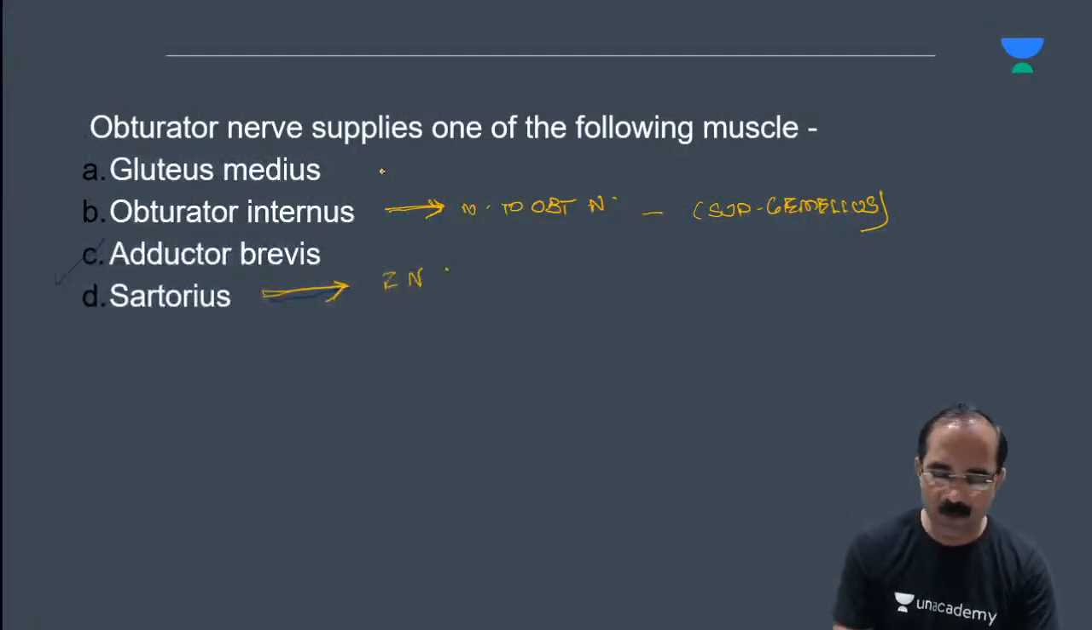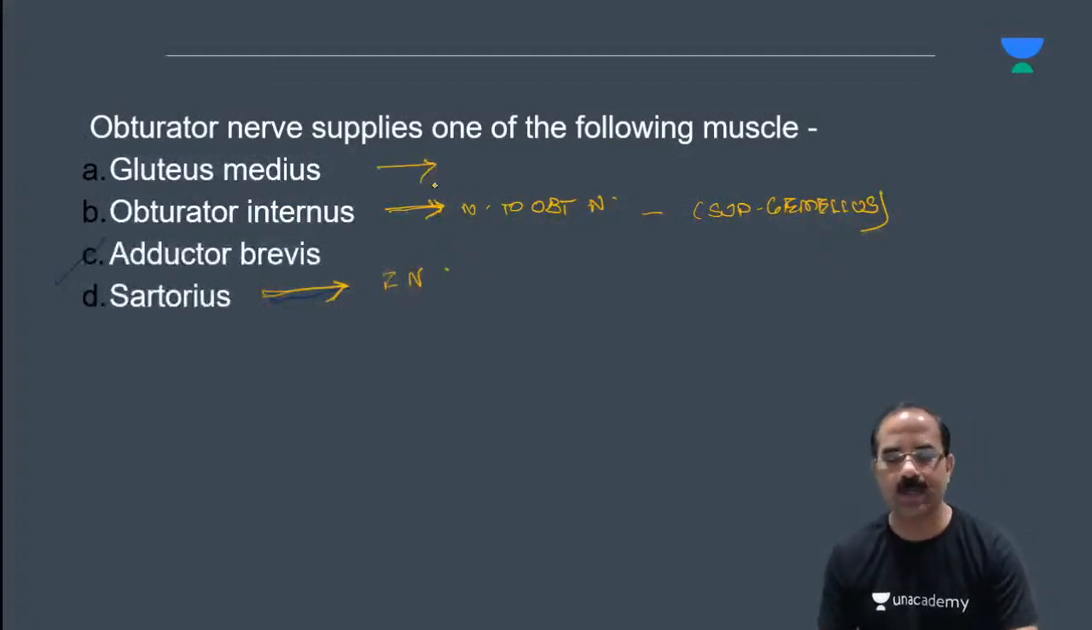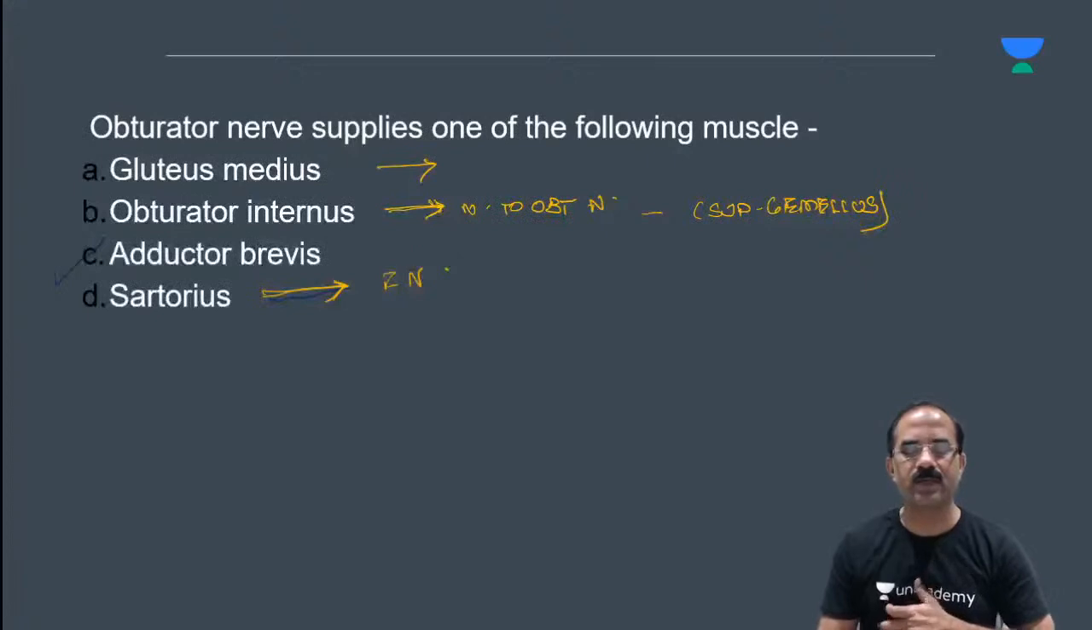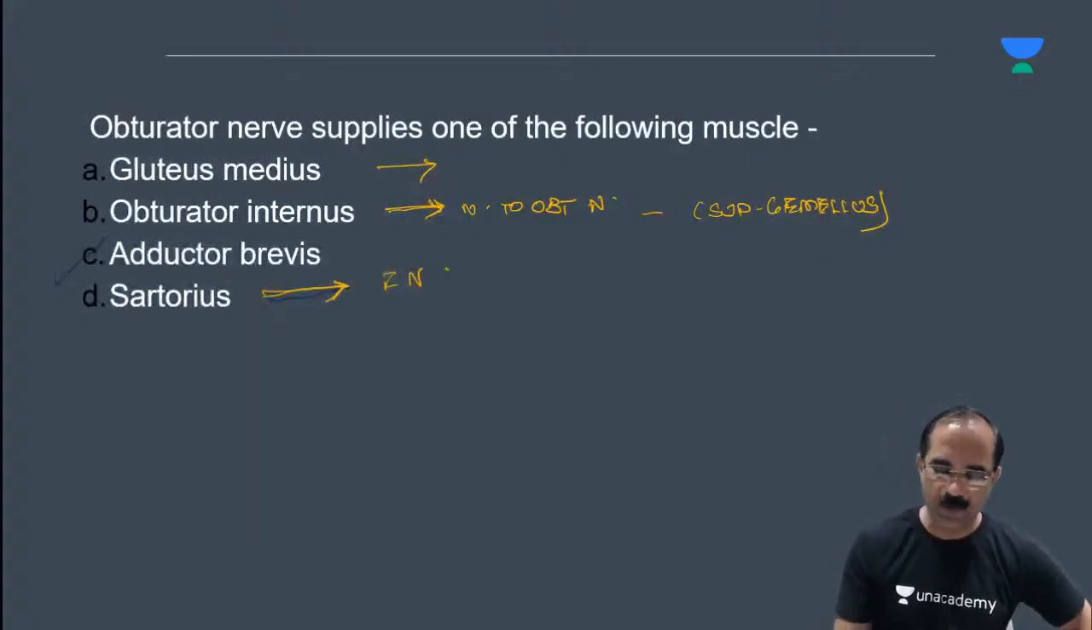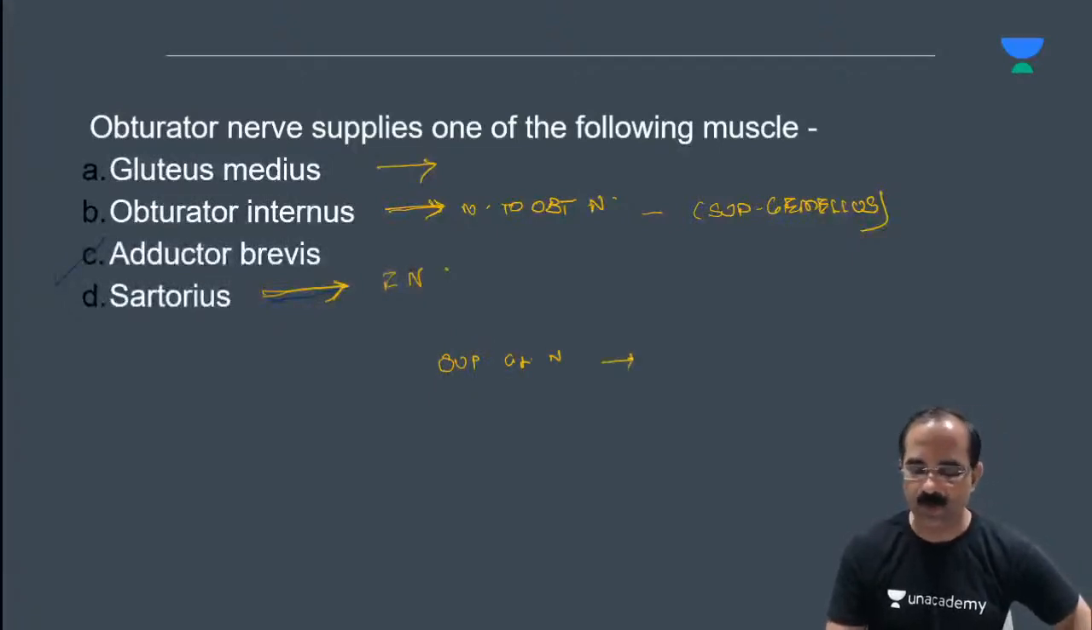Okay. Gluteus medius. Who supplies the gluteus medius? Yes, students, answer. Very important: superior gluteal nerve. Very good. So the superior gluteal nerve supplies three muscles. Superior gluteal nerve supplies the gluteus medius,